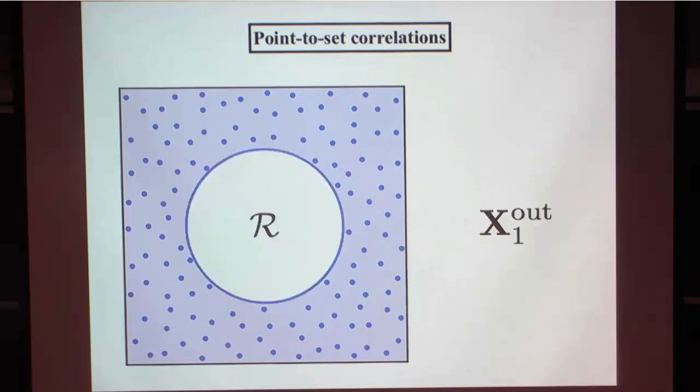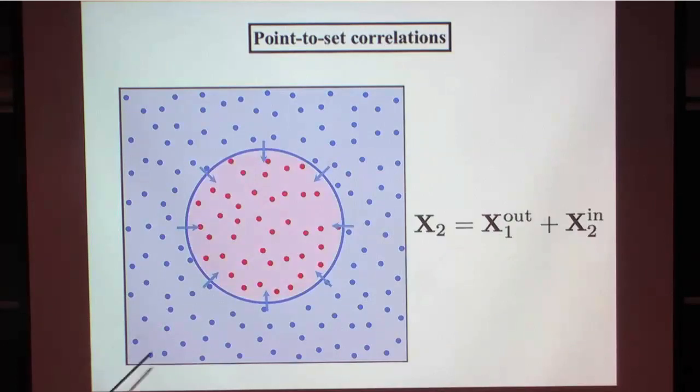Now what you do next is that you take a cavity of some size R, and then you fix everything outside. Okay. So X1 out is the bunch of molecules outside this cavity, and it's fixed once and for all, or once for now. And then you fill in the particles inside the cavity, and you try to resample the configuration inside the cavity while keeping the outside configuration intact. Okay? So X1 out is fixed, and X2 in is the new thing that you are resampling inside. And note that you see this force from outside, which is a kind of disorder source. And this is like a spin glass disorder.